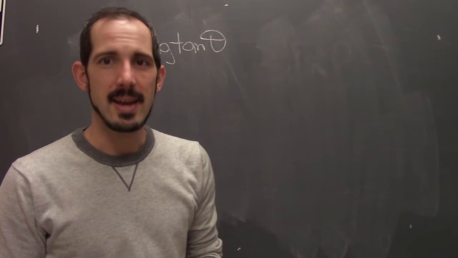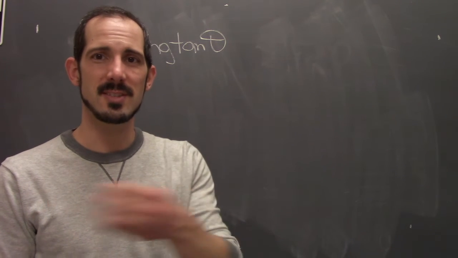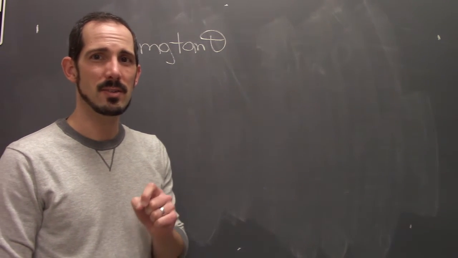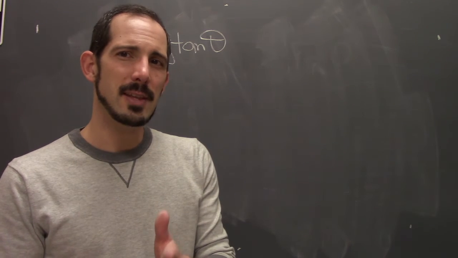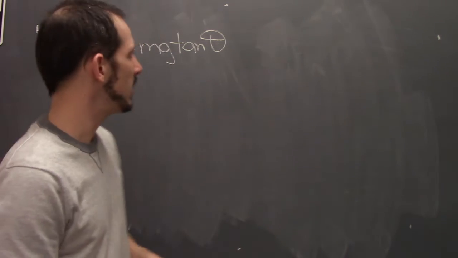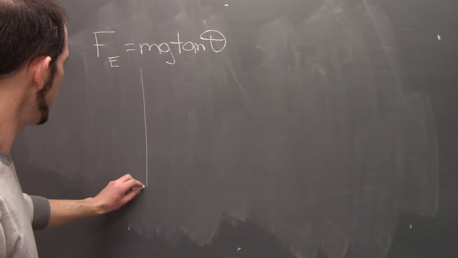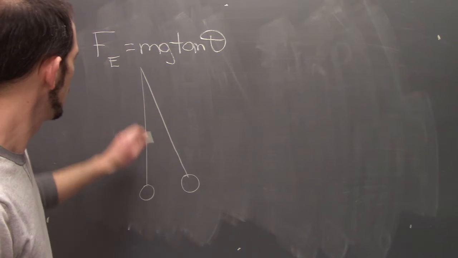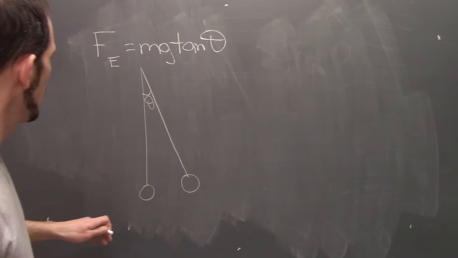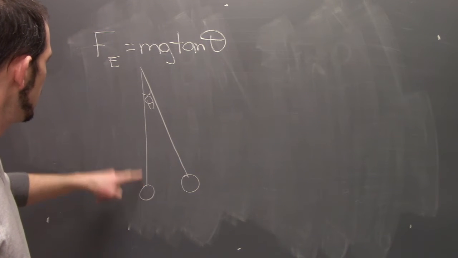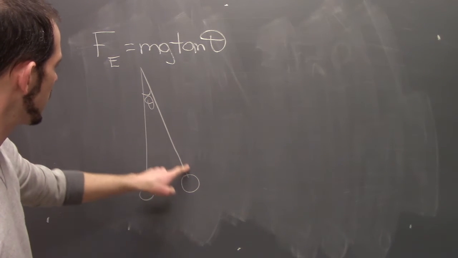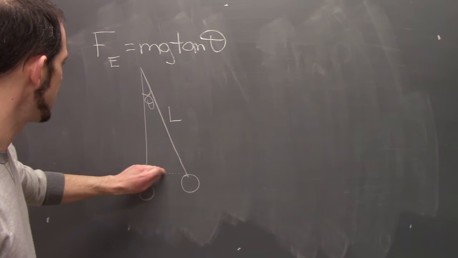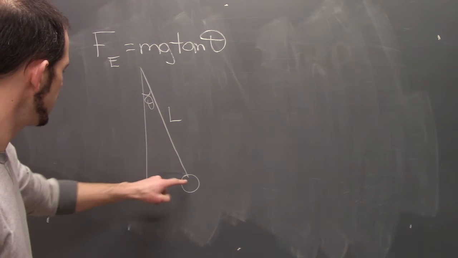That angle is tough to get at. I mean, we can do it, we can measure this distance, measure that distance, we can find the angle, but there is a nice simplification that we can do here. By knowing that the angle that this ball on the string swings up is a pretty small angle. So if it starts by hanging straight down, and then it gets deflected over here, we know this angle is theta. This length of string is L, so we know when it swings upward, this length here is definitely the length of the string L. We're saying that this distance that this ball goes over,